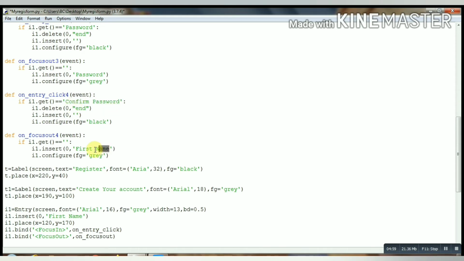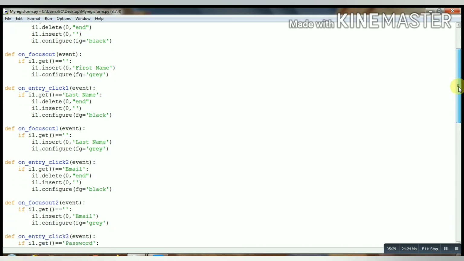In this also Confirm Password. Oh sorry, I forgot to change the names from I1 to I2. I2, I2, I2. So similarly you can do like that only. Sorry, I3. So I am skipping this part.